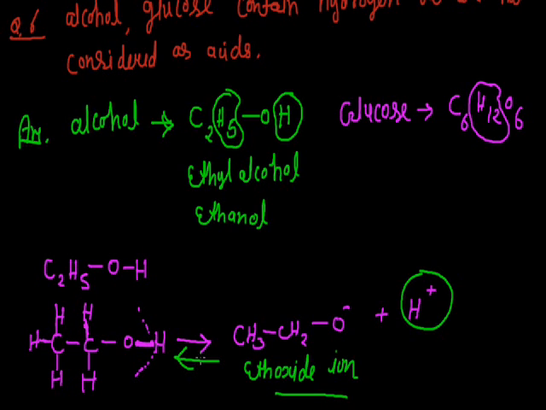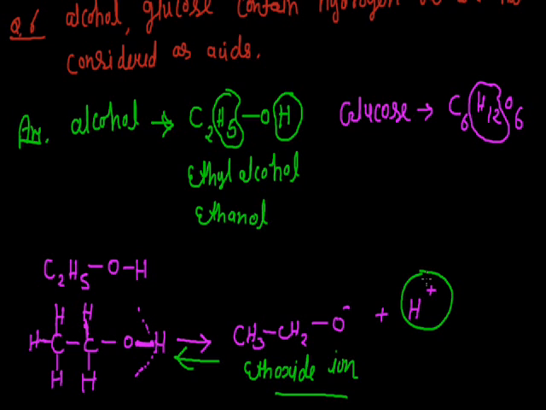Now student, are you clear that although in alcohol a bond breaking occurs between O and H, since there is a sufficient electronegativity difference, alcohol is still a very weak acid, since after ionization the ethoxide ion is not a stable ion, so this reaction will be reversible and this ethoxide ion again combines with H plus and gives alcohol. So the probability of finding H plus is very less. That's why ethanol, or ethyl alcohol, is a very weak acid.